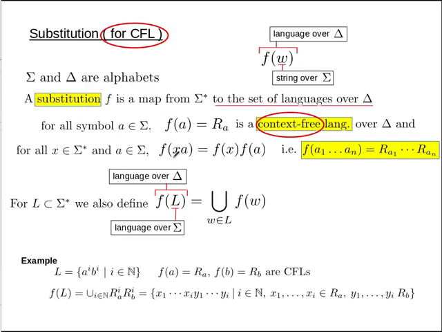Next we come to substitution for CFL. We have already seen substitution for regular language, and now we are considering it for CFL. It is almost the same as substitution for regular language. So what was substitution for regular language? It is just a map from a string over some alphabet, say sigma, to a language over some other alphabet. So a string is being mapped to a language,